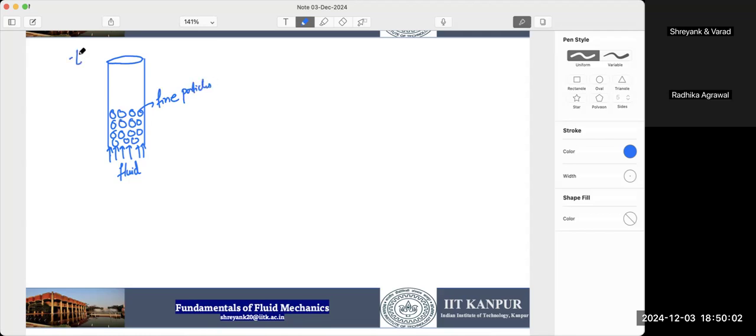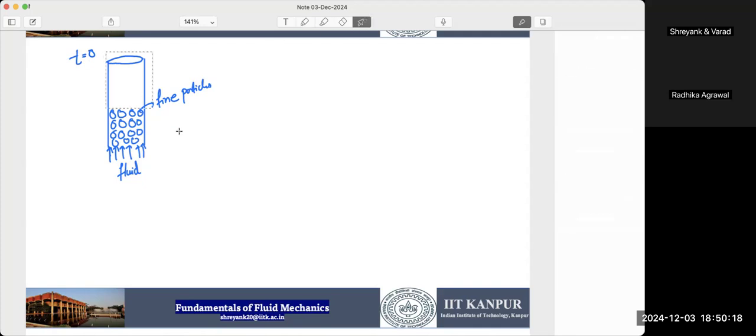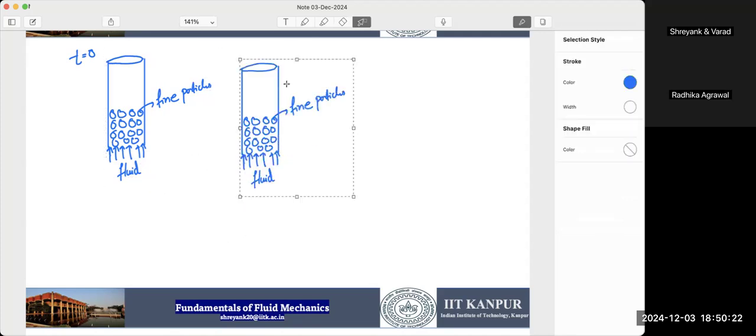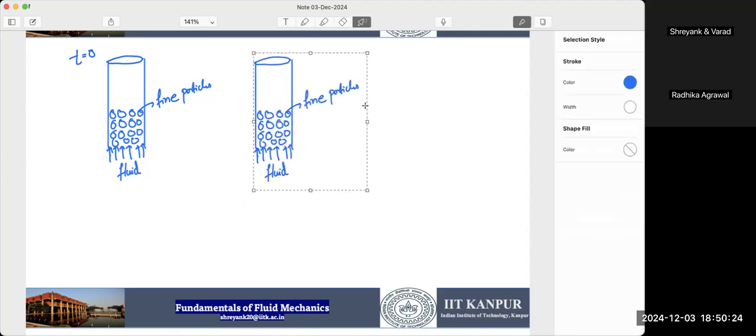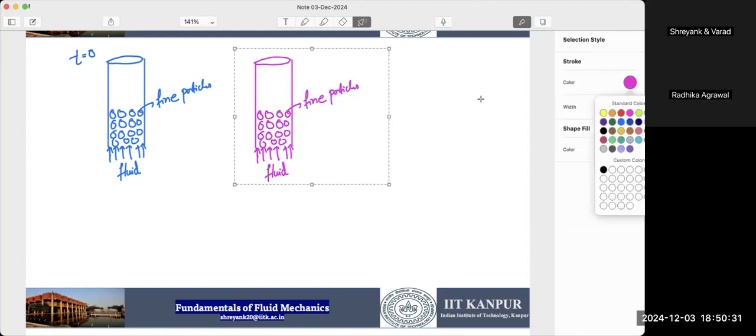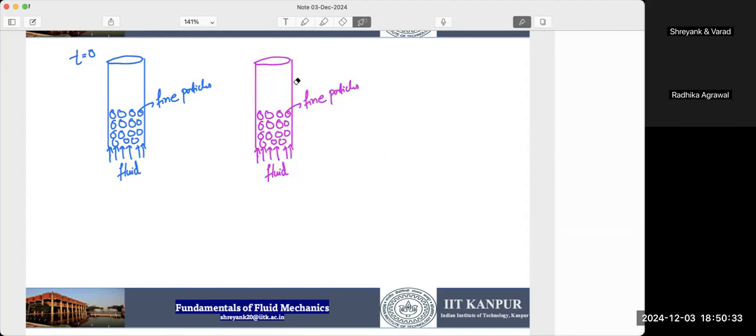So this is the configuration at t equals 0, and fluid will go through it, and fluid is flowing through it. And what happens? So at some later time, this will be the configuration where